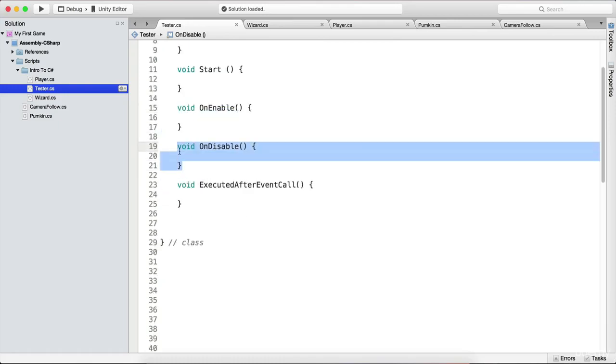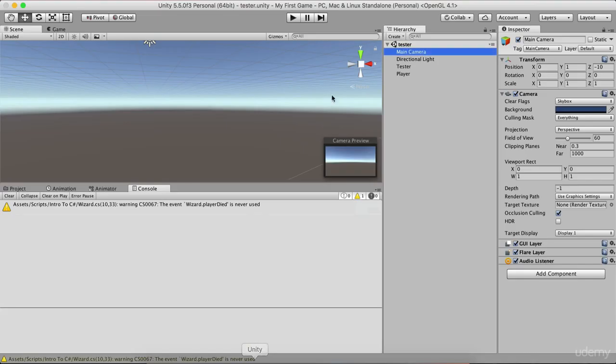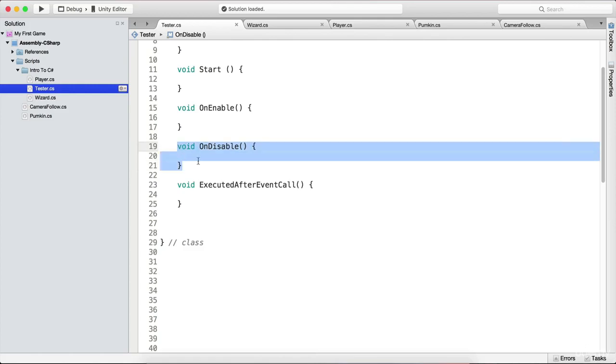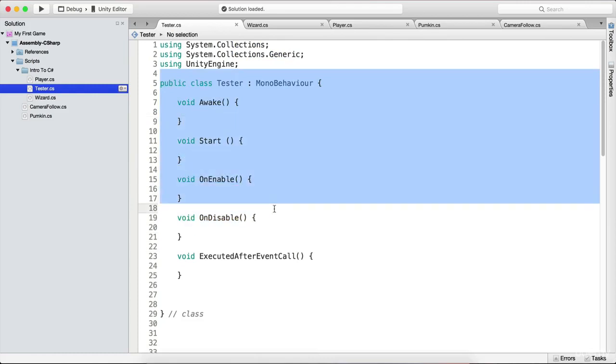OnDisable, on the other hand, is, well, the opposite of enable. So OnEnable is called in the beginning when the game is started, but when the game ends, so when I go here and hit the run button again to shut down the game, then OnDisable is going to be called. So OnDisable is called when the game object holding this script is either being deactivated,